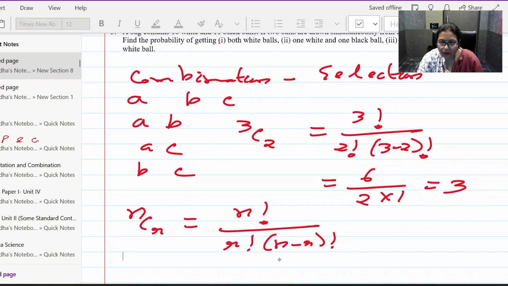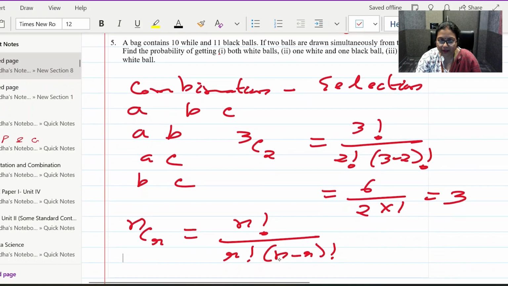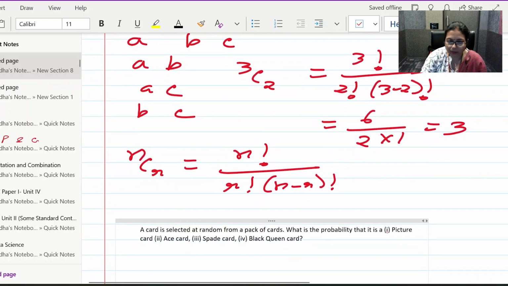Now let us come back to the problem. A bag contains 10 white and 11 black balls. 2 balls we are drawing simultaneously from the bag. Find the probability of something, the question is given. Now total how many balls are there? 10 plus 11, 21 balls are there, and we are selecting 2 balls. So what we are getting here,